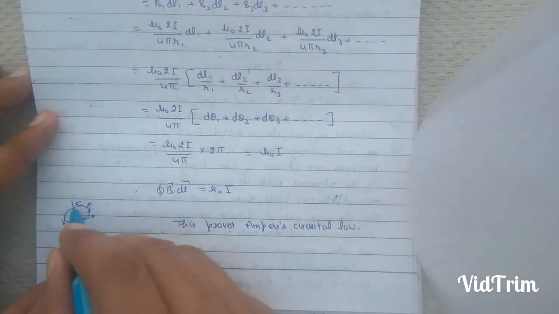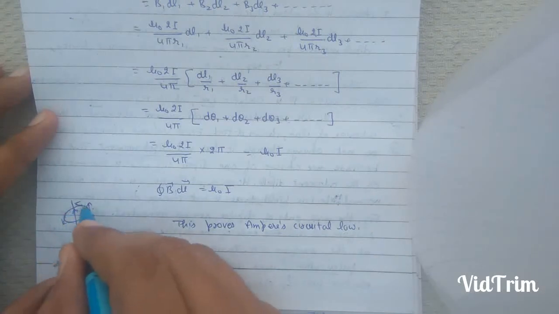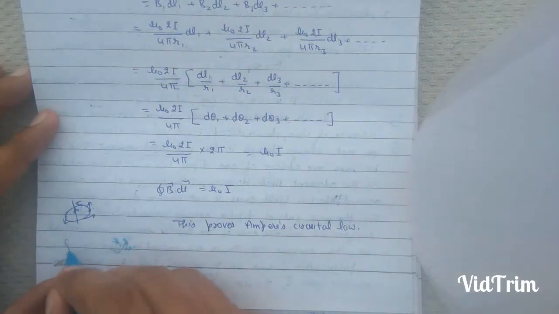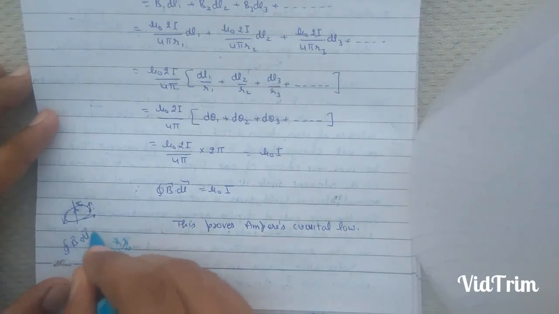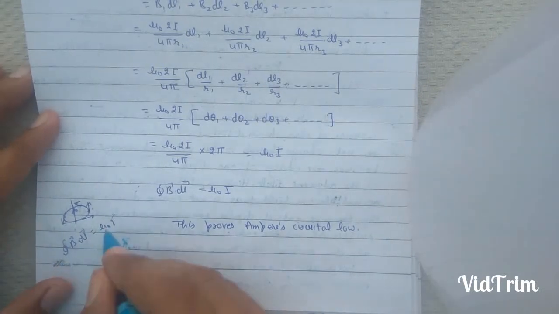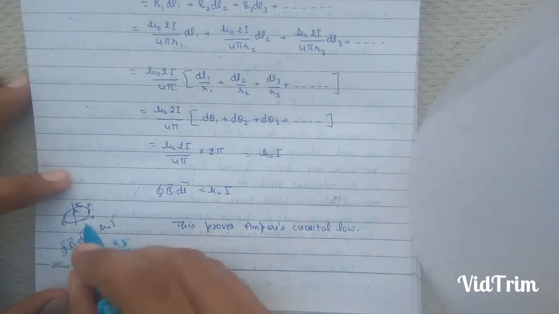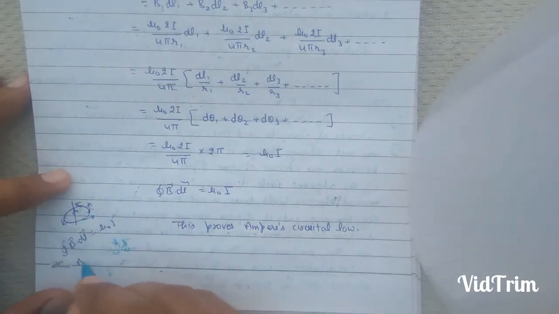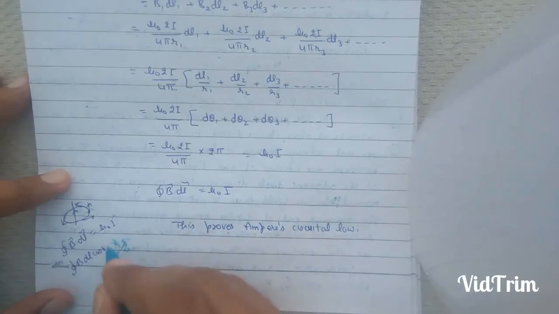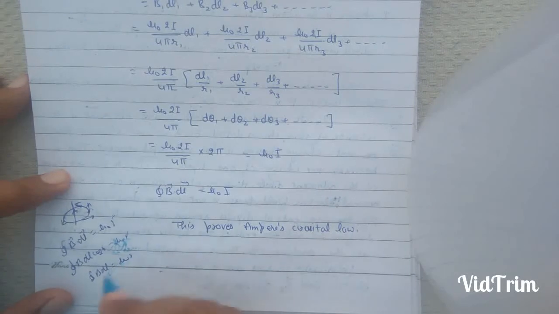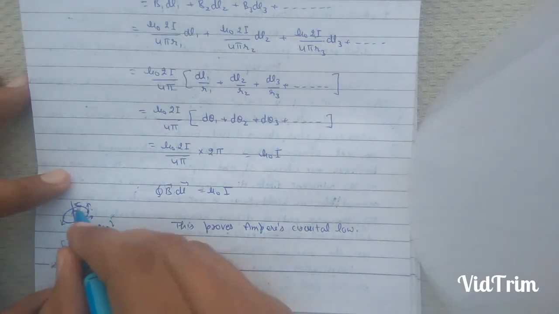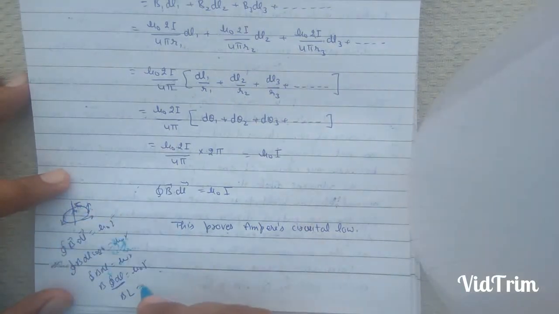If L is the length of the loop for which magnetic field is tangential at every point, then the integral of B vector dot dl vector over the closed path is equal to μ0 I. As B vector dot dl vector are in the same direction, this becomes B dl cos 0 is equal to μ0 I. Cos 0 is 1, this becomes B dl. Now as B is constant, B integral dl is equal to μ0 I. As the integral of dl over the closed path is equal to the total length of this path, BL is equal to μ0 I.